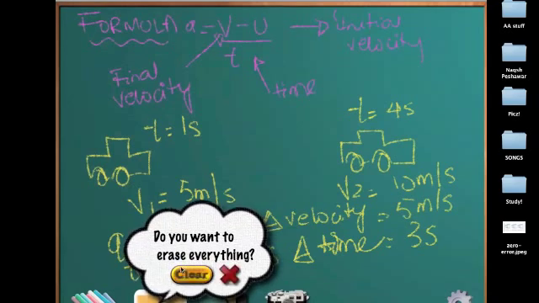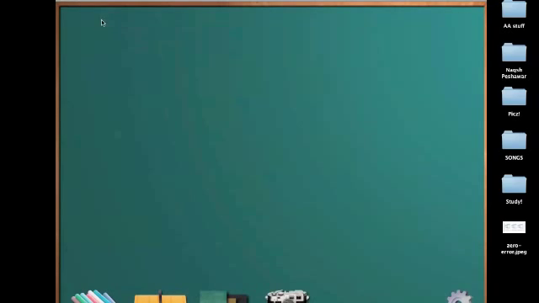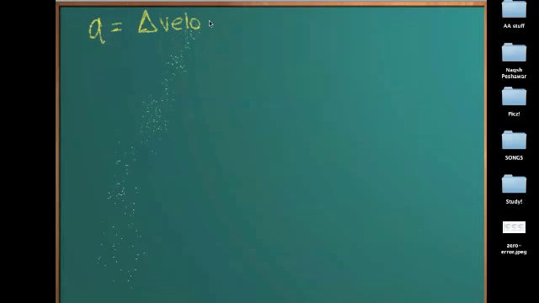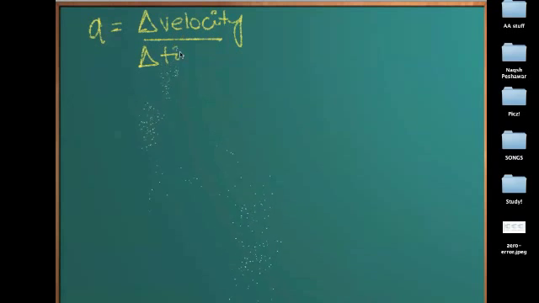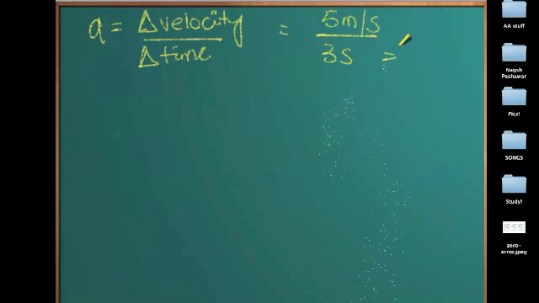So we can now understand and write this formula instead, which means exactly the same thing. Change in velocity divided by change in time, where the triangle shows it's called delta and it means a change. So the velocity change was 5 meters per second and the change in time was 3 seconds. So the acceleration would be 1.667,